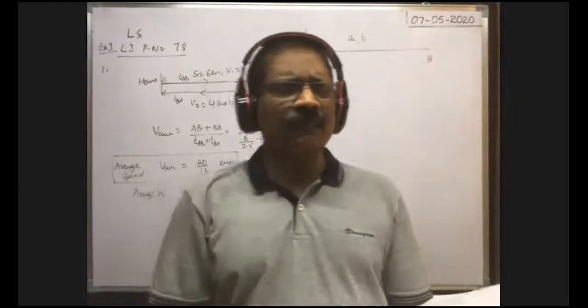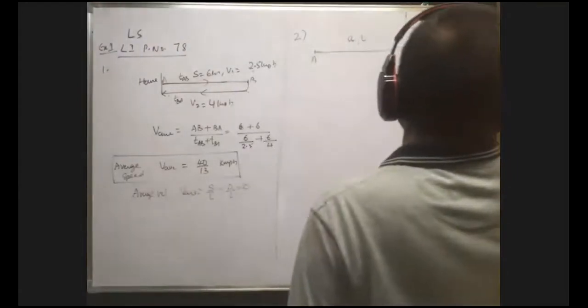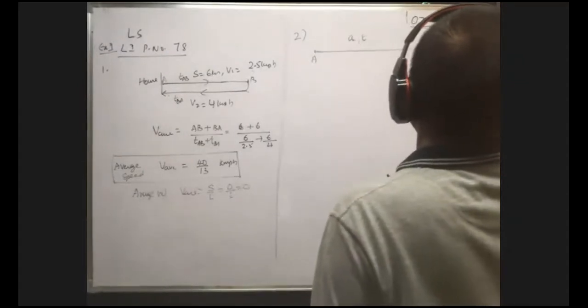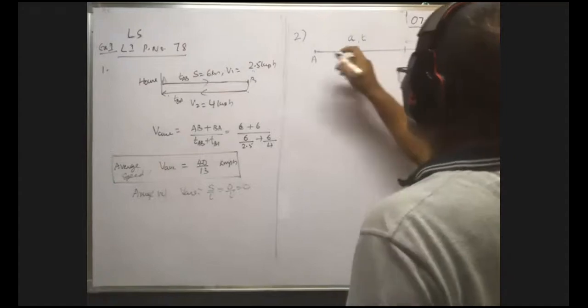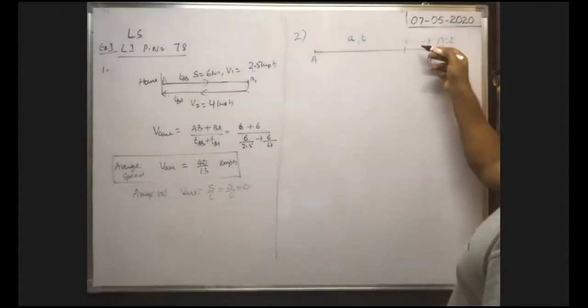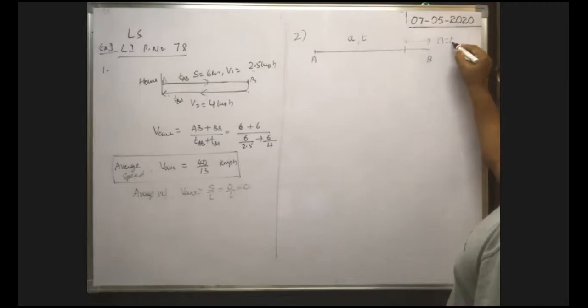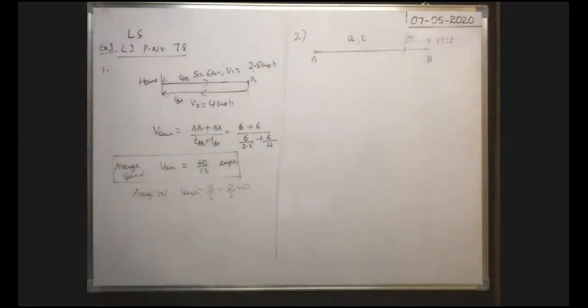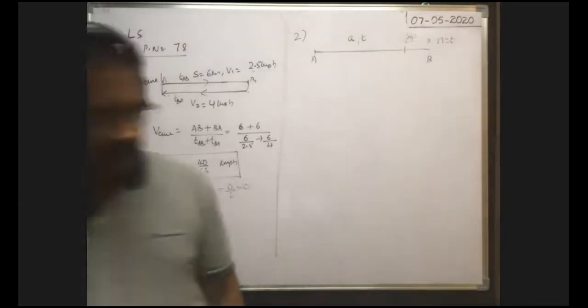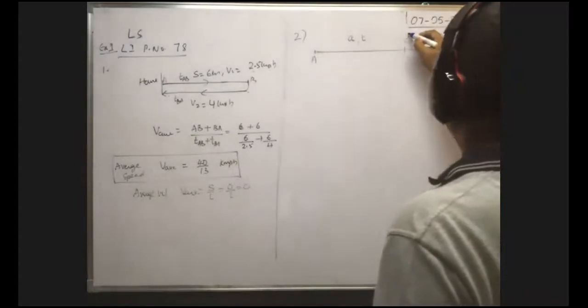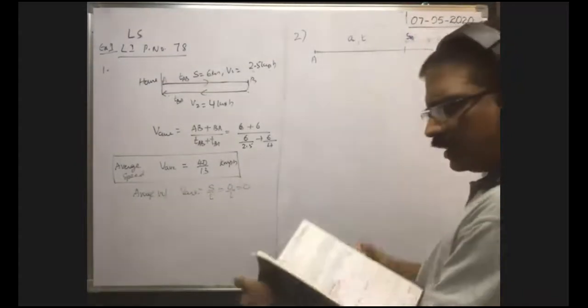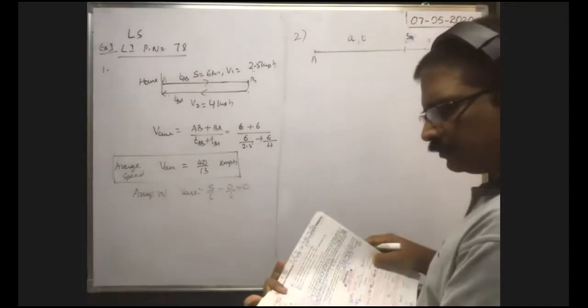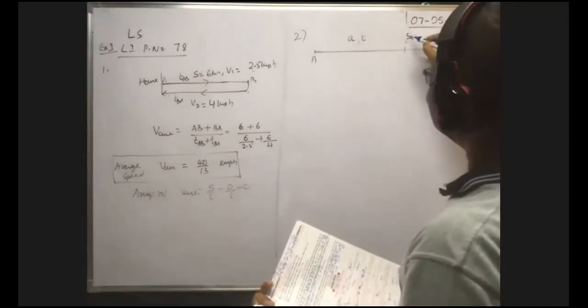Last second of its motion means, suppose in the last second of his motion he traveled this much distance. Last second means n is equal to t, because if the total time taken is say 10 seconds, the last second means the 10th second. That's why n is equal to the tth second. In the last second, the distance traveled is say Sn. In total time t, the distance traveled is say S.